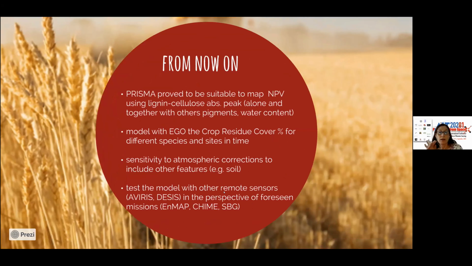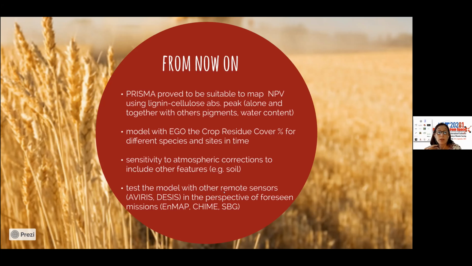So our experience with PRISMA data proves that the satellite is suitable for mapping NPV, using the lignin cellulose absorption peak, but not that alone. Also the other ones which are affecting the crop residue reflectance. We will keep on with modeling for different species to understand the differences between species and sites and in time, of course, since we have this quite good time series of PRISMA